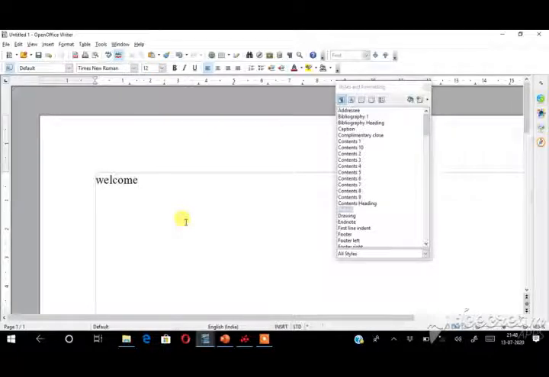I want the style from the previous document. How can you choose the previous document style? Here, in the Format menu, you can open the previous file first. How can you open this previous file? Click this new style from selection option. Here you got to click Load Styles because I want the previous text document styles here. That's why you have to open the file using the Load Styles option.